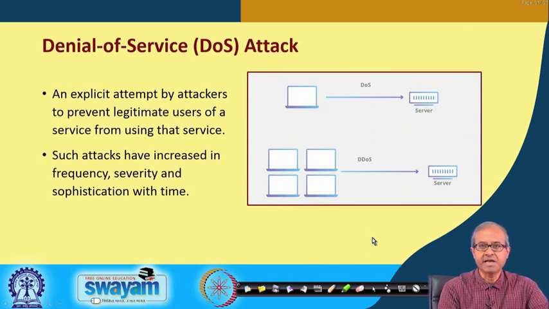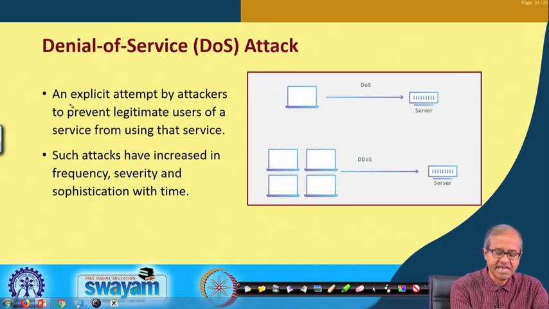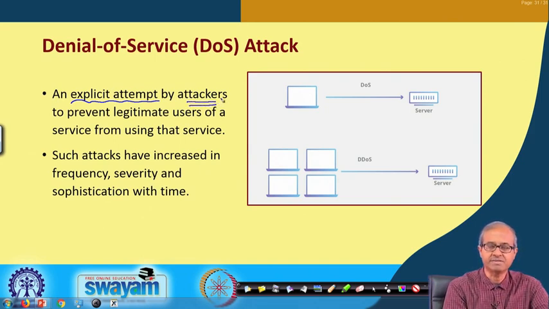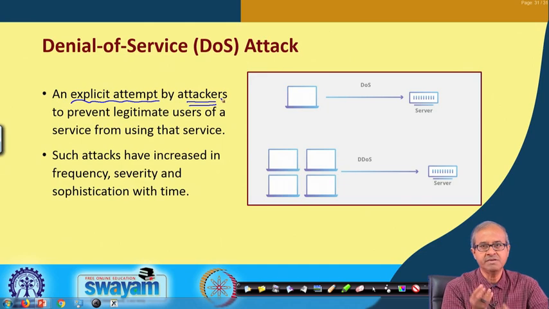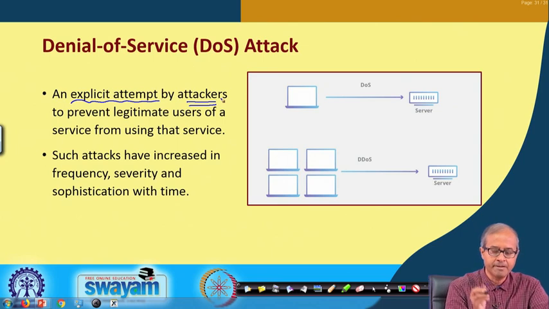Denial of service attack we briefly mentioned earlier. Now, what is it exactly? It is an explicit attempt by an attacker or a group of attackers. It can be a single person, it can be a group of persons. They are trying to attack some network infrastructure, some service, and what is the objective? To prevent legitimate users